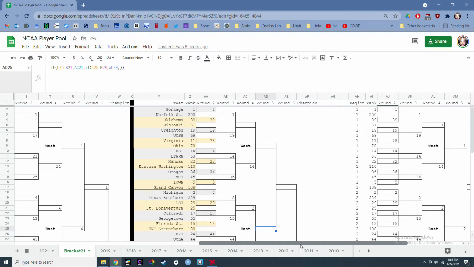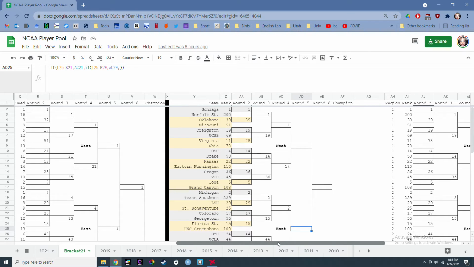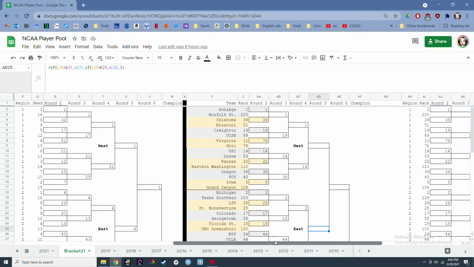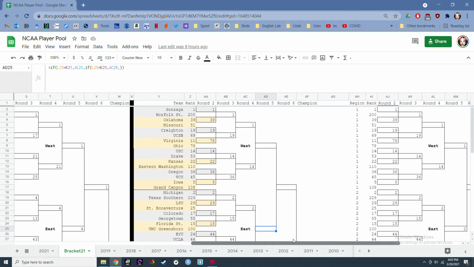So after 3 rounds, that's 3 more games that we can use to adjust their expected points per game. But I just haven't done that. Every team plays different amounts of games, so maybe next year I'll do it. I'll just have to pull out the games played by each player, and then we can adjust the expected point output based on the tournament games too. So anyway, that's how it works.